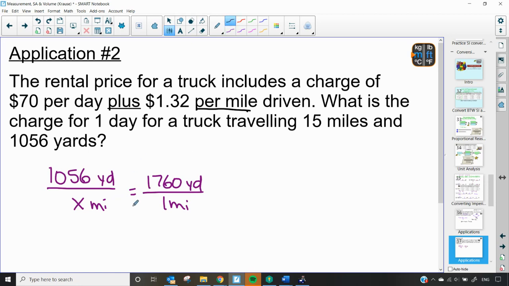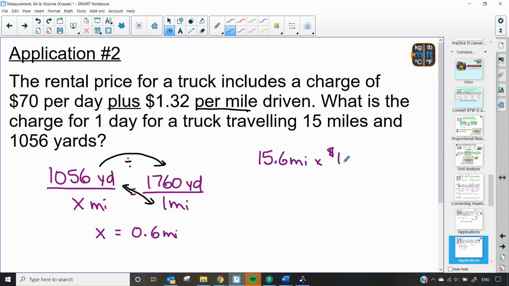Now to solve this, we're going to cross multiply and divide. So 1 times 1,056 divided by 1,760 gives us X equals 0.6 miles. So our total distance traveled is 15.6 miles, and we're being charged $1.32 per mile. So 15.6 times $1.32 per mile